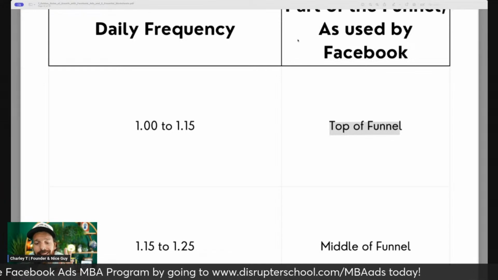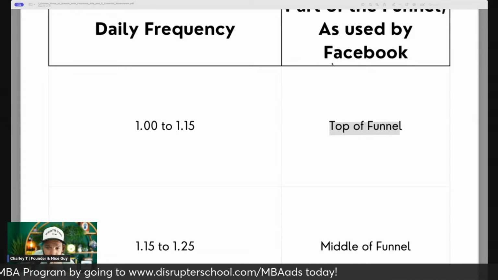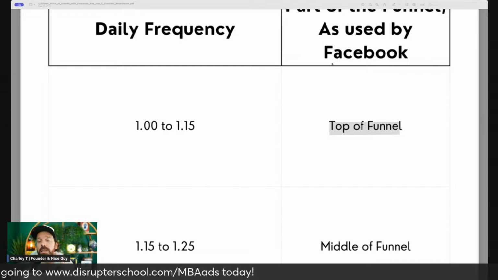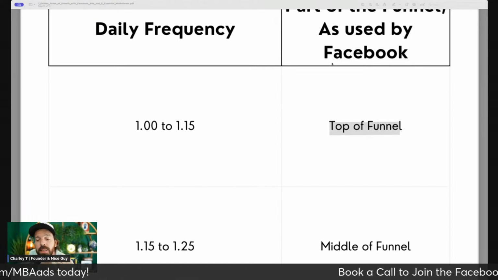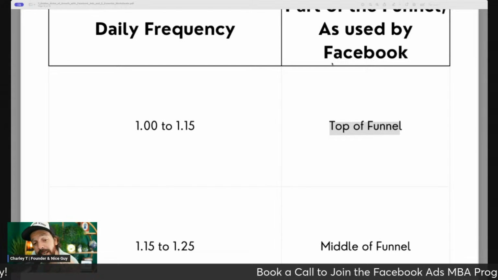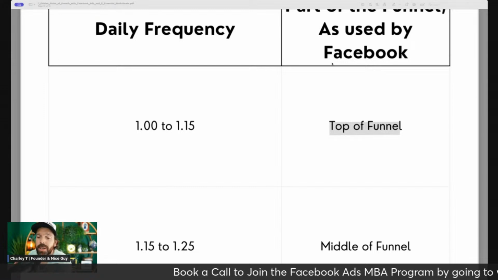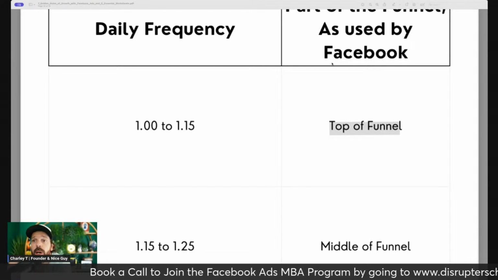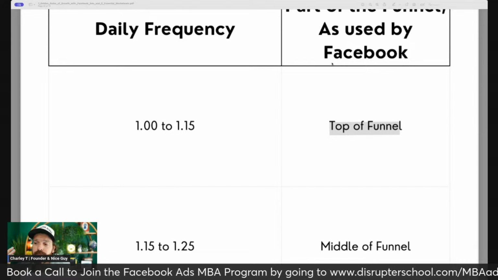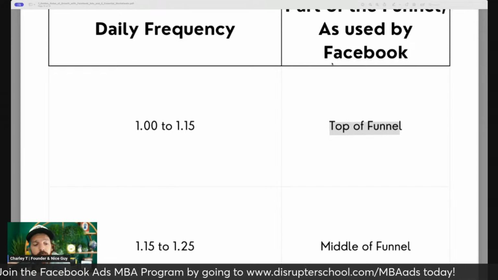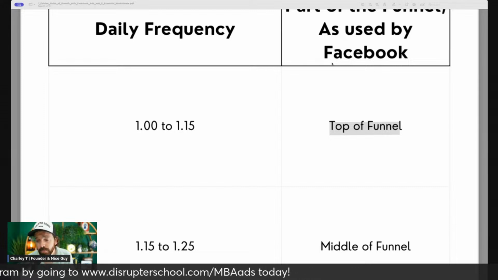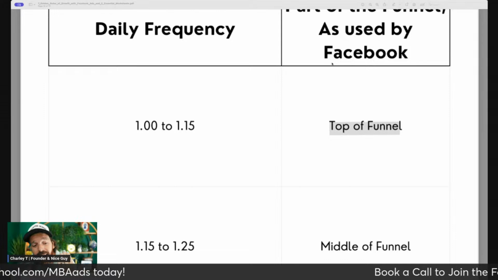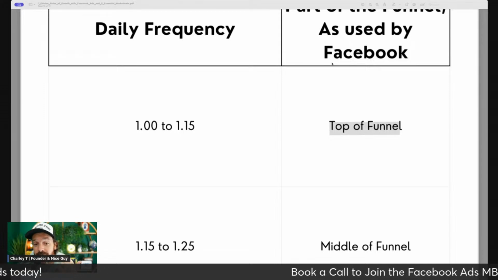If your ad is a top of funnel ad, that means that the CPM should be lower than average. Top of funnel ad should have a lower CPM because that ad is being shown to a wider variety of people less often. Now, if it's a good ad, that CPM will be lower because that ad ultimately has a higher estimated action rate,